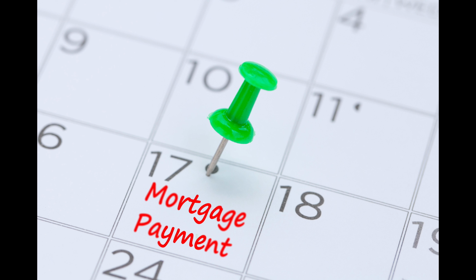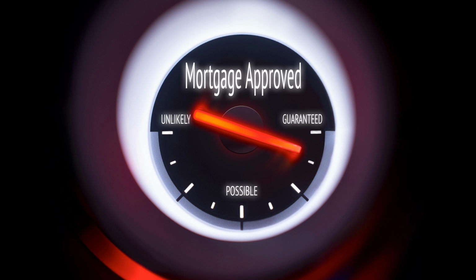Number one, it can increase the number of deals you do yearly. So if you're currently only doing one or two or three a year, adding a subject to strategy will help increase your deals because you're leveraging your funds. It can increase your number of deals because now you don't need all of this money up front. You don't need to do all this qualifying. You don't need 20% of the loan. You are taking over the mortgage. But remember, I said in a previous video, 9 times out of 10, they are going to be behind. Not all, and I shouldn't say 9 times out of 10, but most of the time, the borrower will be